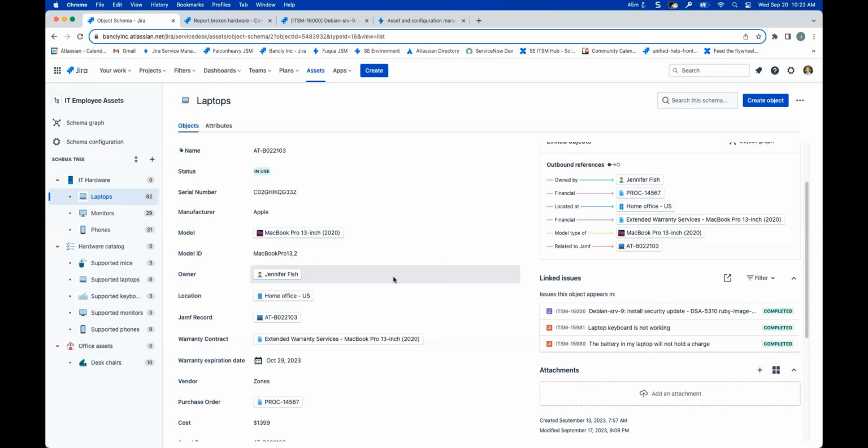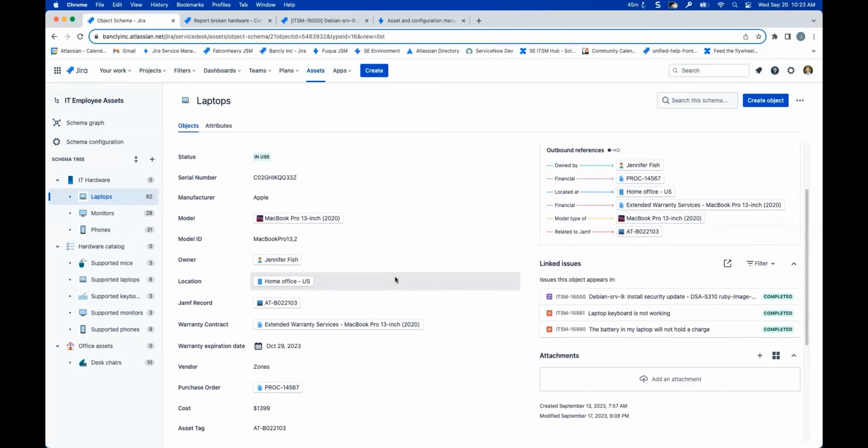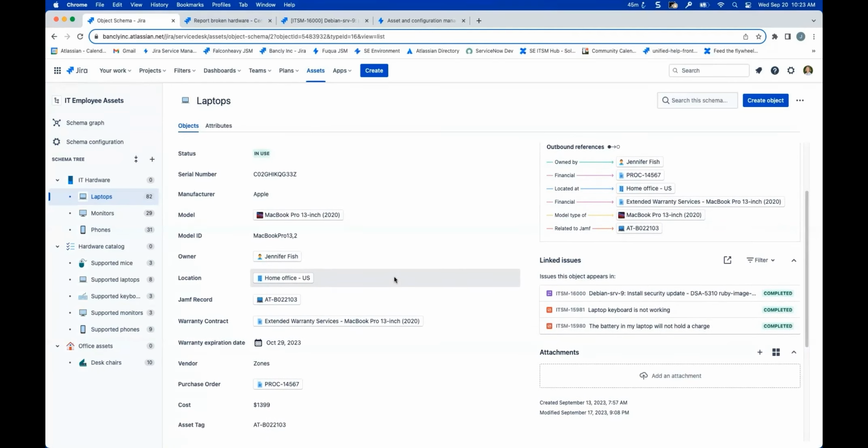So I know I said a lot there. I get a little energized when I talk about assets because I think how Atlassian approaches it is a pretty cool architecture. So again, we track all the traditional activities. We see relationships where we have references, we have owned by and the different financial components, because working in IT asset management, we know it's all about our partners in IT finance.